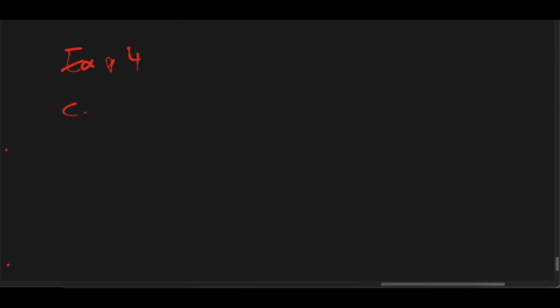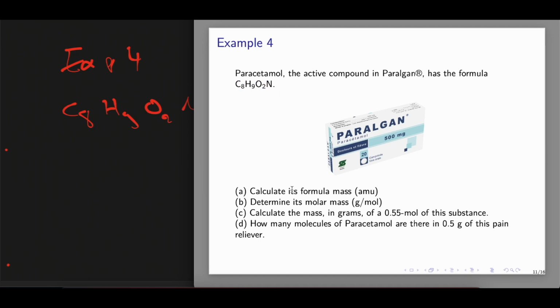C8H9O2N. So we are asked to calculate its formula mass in atomic mass units, and to determine its molar mass in gram per mole, and to calculate the mass in grams of 0.555 mole of this substance, and how many molecules of paracetamol are there in this mass of 0.5 grams of